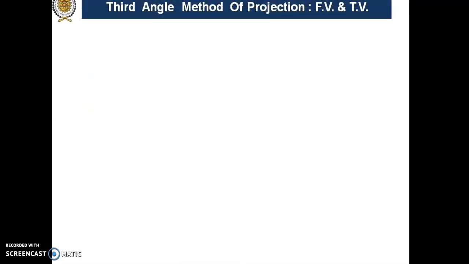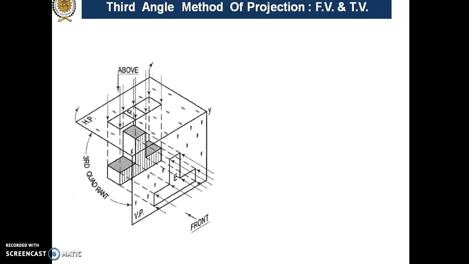Similarly, if we place the object in the third quadrant and projections are drawn, again for the front and top view, this is the observer who is looking from the front side, and here the observer who is looking from the top side. This is your third quadrant, the vertical plane. Here is the horizontal plane. The object is placed in here. It is your object, and here your principal plane is in between the object and the observer. Okay. Now what happens? Again the same thing.